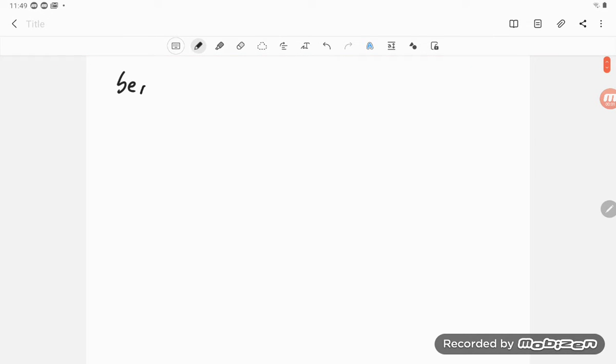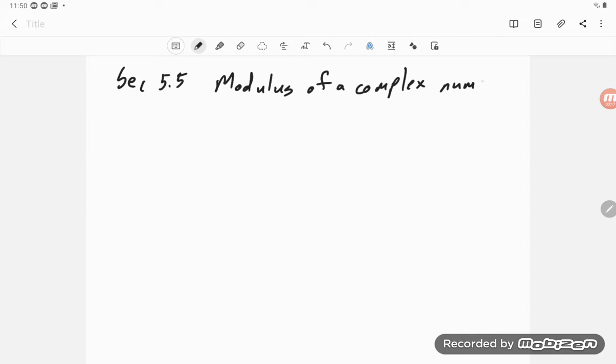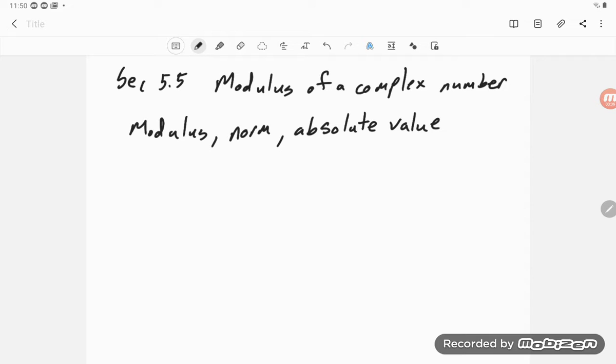Okay, now we're into section 5.5, and this is all about the modulus of a complex number. We can call it modulus. We could call it the norm. We could call it the absolute value. Now, some might get upset with a couple of these at times, but